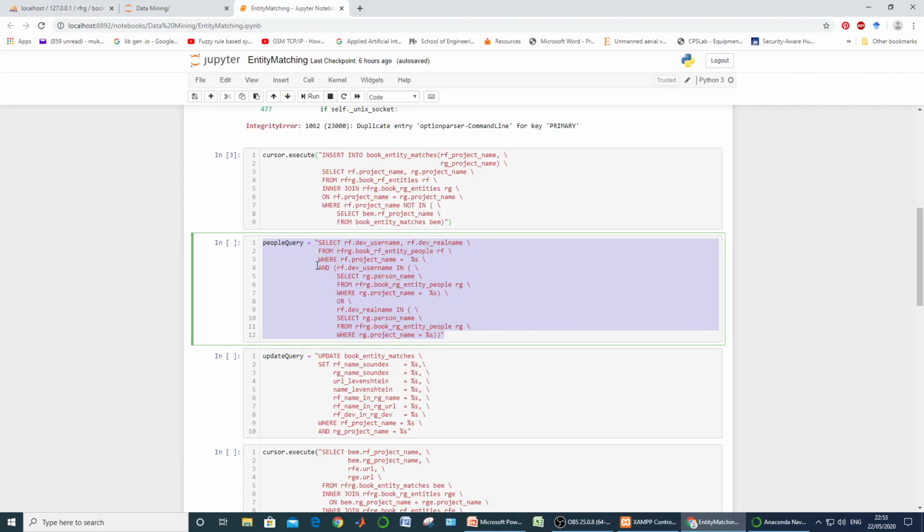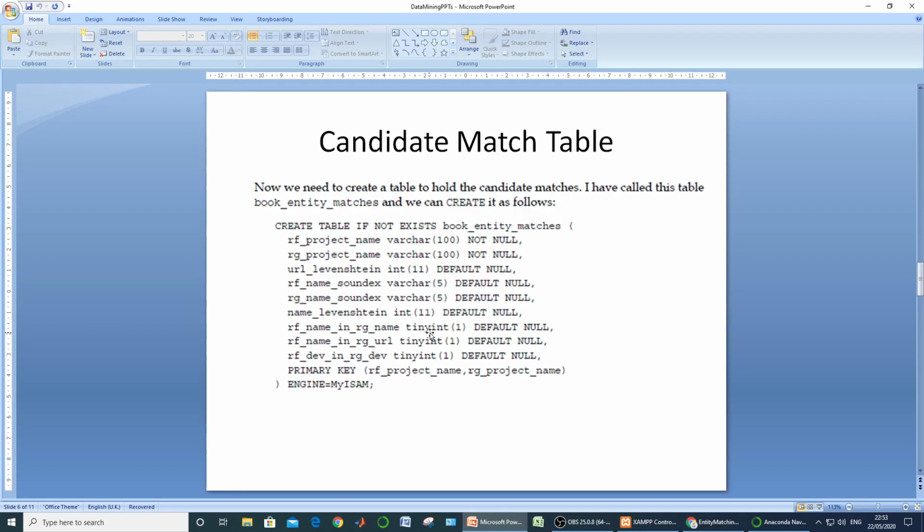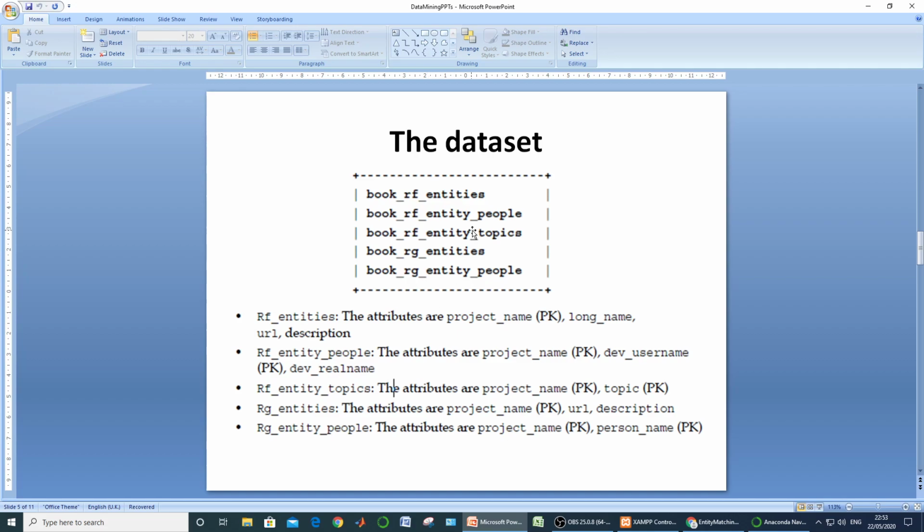What it says is that the people query is equal to select RF developer username, RF developer real name. Actually, this is the schema, and for RF entities, under RF entity people, there are two names for the developers: one is developer username, one is developer real name.